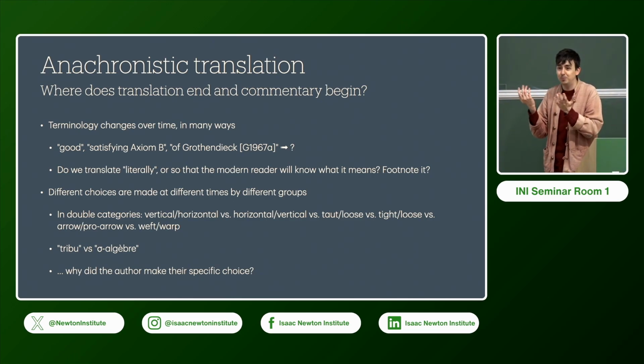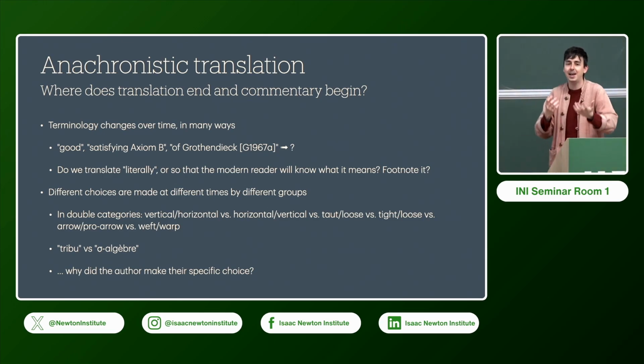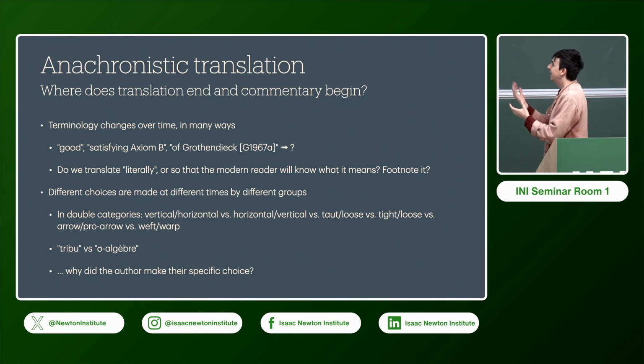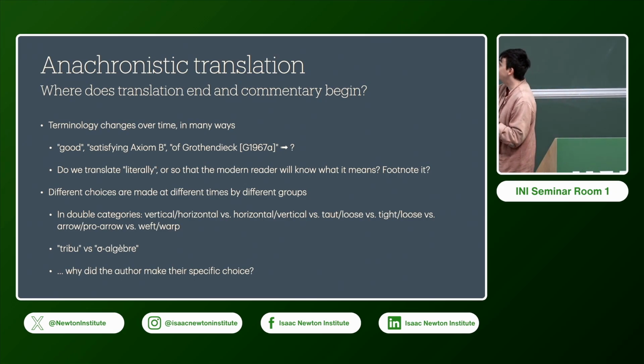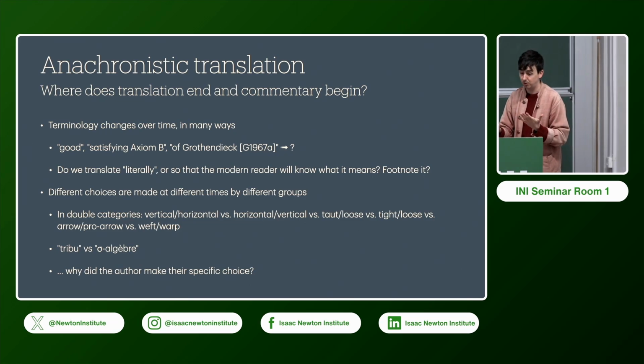Maybe there's some difference between the two, and I'm saying this as a translator who doesn't know. Maybe one has an implication that you're going to use it in a certain way. There are lots of mathematical synonyms which have different vibes. Some people say pre-sheaf, some people say contravariant functor into Set. They're mathematically equivalent, but they imply different use cases. Maybe there's a distinction here, maybe it's just French wanting to have a special word for everything, and it's really hard to tell in this case which one it is. And this is where the pre-work can be helpful, because it's why did the author make the choice they made, okay?